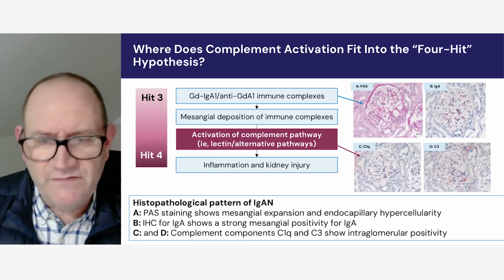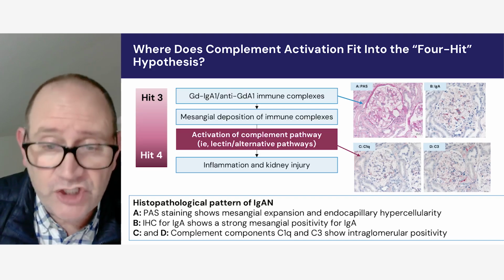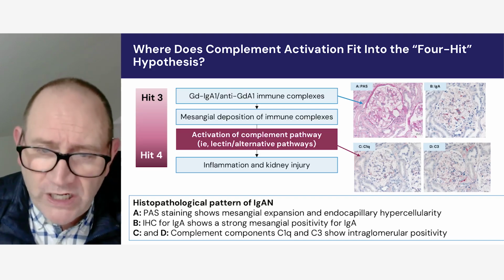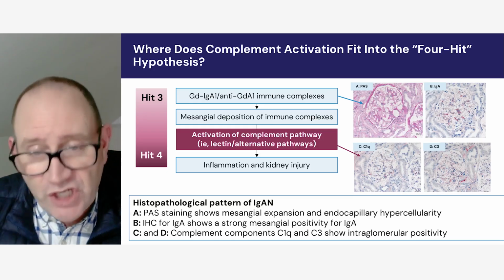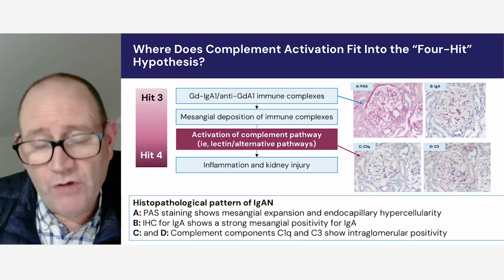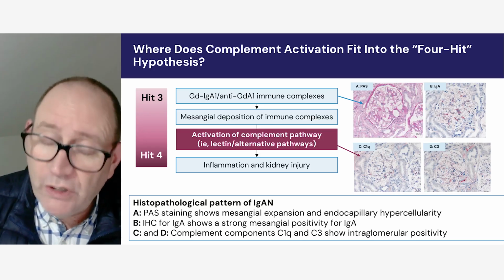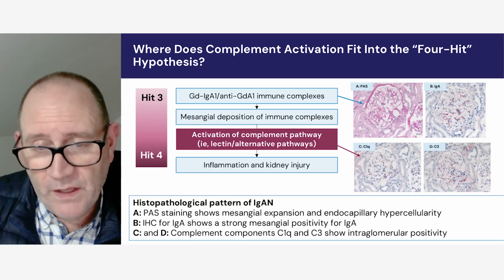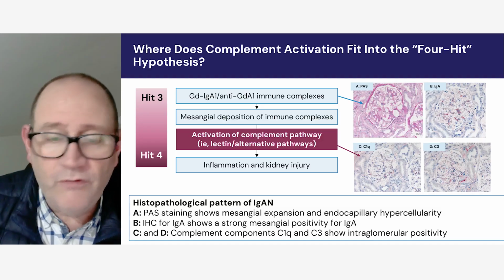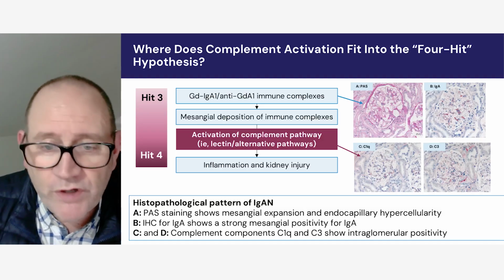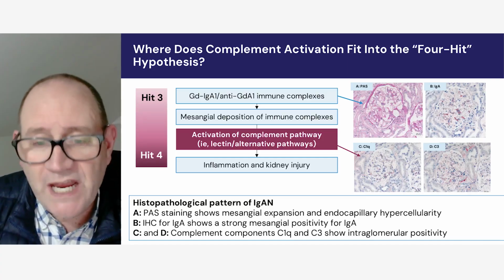Well, complement activation is one of the major ways in which those deposited IgA immune complexes trigger injury and damage within the glomerulus. IgA immune complexes can activate the complement system either through the lectin pathway or through the alternative pathway. What that ultimately triggers is the formation of complement end products, particularly C3a and C5a, which are potent anaphylotoxins